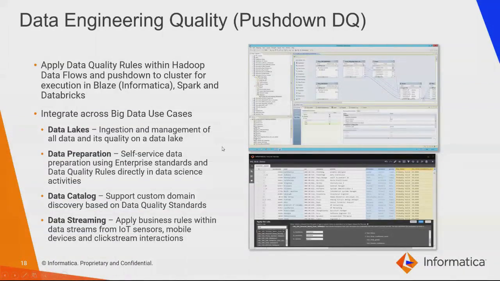Data engineering quality is very similar to the IDQ component, where however there is an additional functionality where it can be used as a push down to Spark or Blaze or Databricks. Some of the use cases